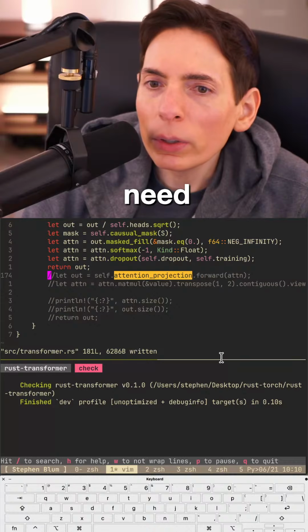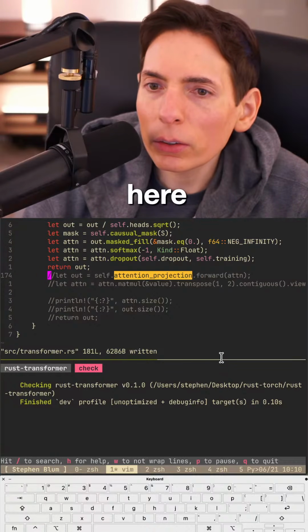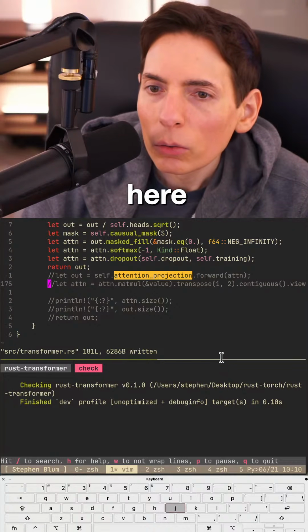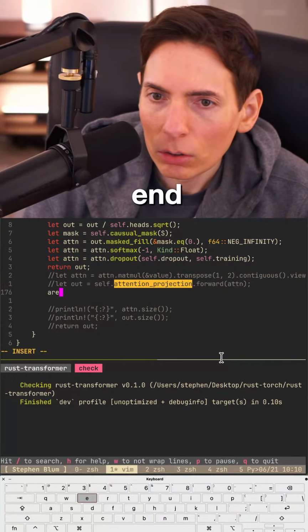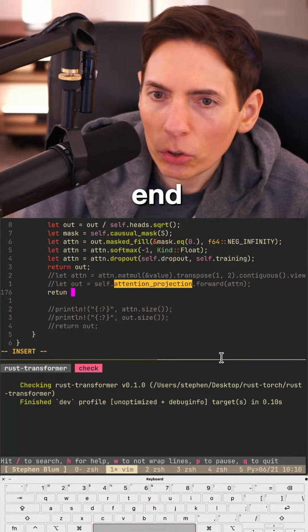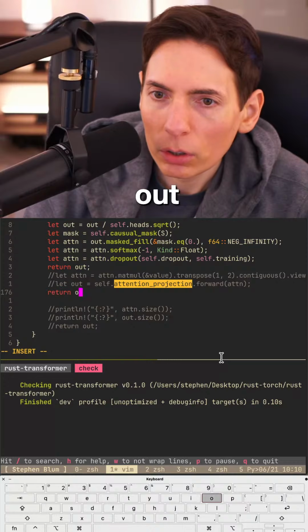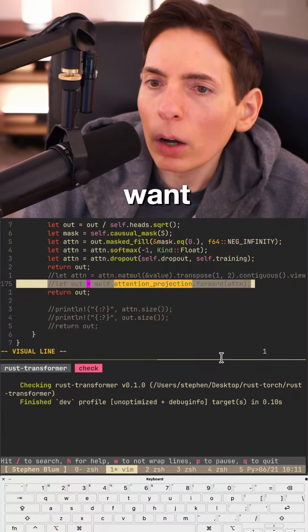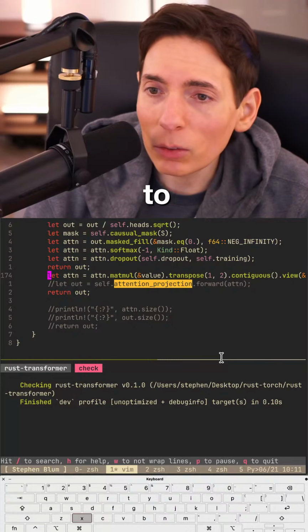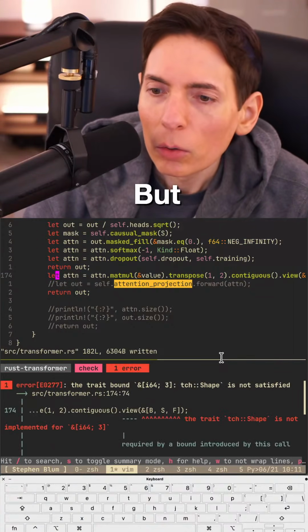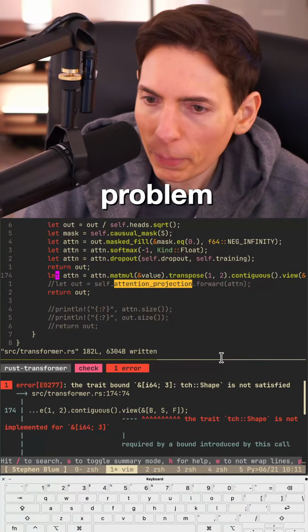So now we need to figure this out here. Where do we want to do this? We do our projection at the very end. Return out. And then I want this projection done here. But before I do that, I'd like to make this work. But that has a problem.